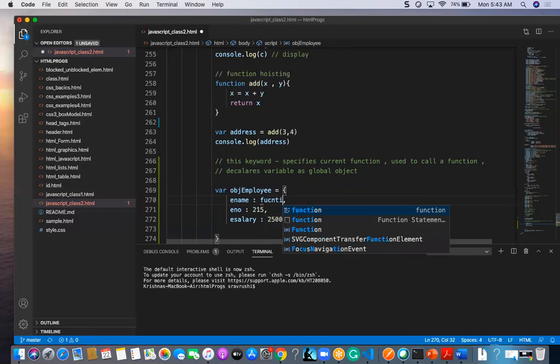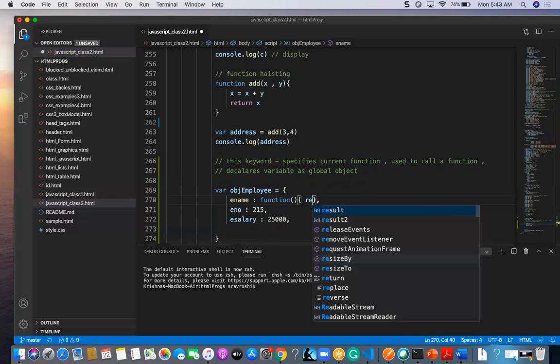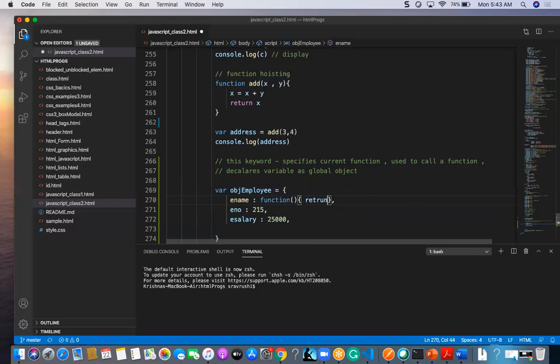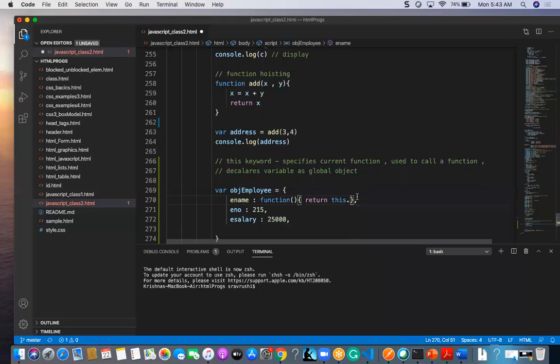So let us think, I can mention here a function, and I am going to give here some kind of return. I'm going to return this dot first name and last name. First name, and I am going to mention some kind of last name.